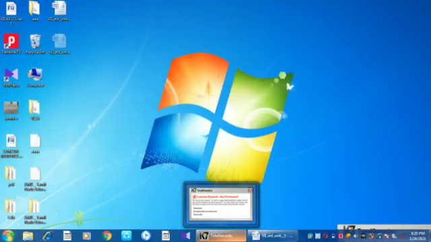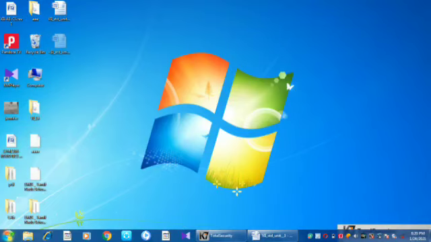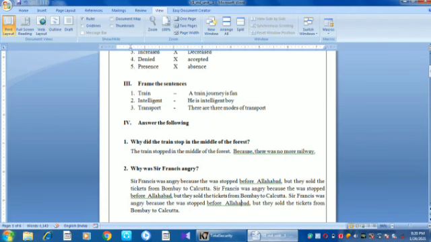Good morning students. Today we are going to see about macros in Microsoft Word document. For that, to record a macro, first we have to select any one of the Word documents like this. Then click on the View tab. Select the Macros button. Under that we can select Record Macro.